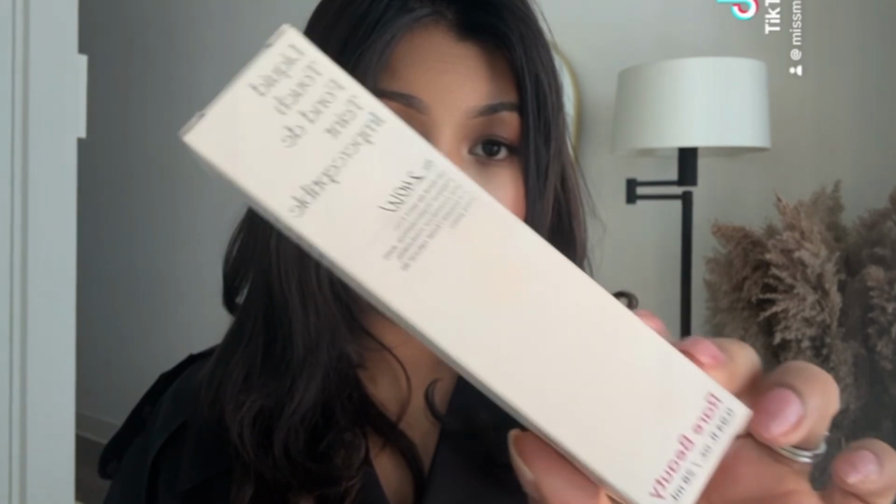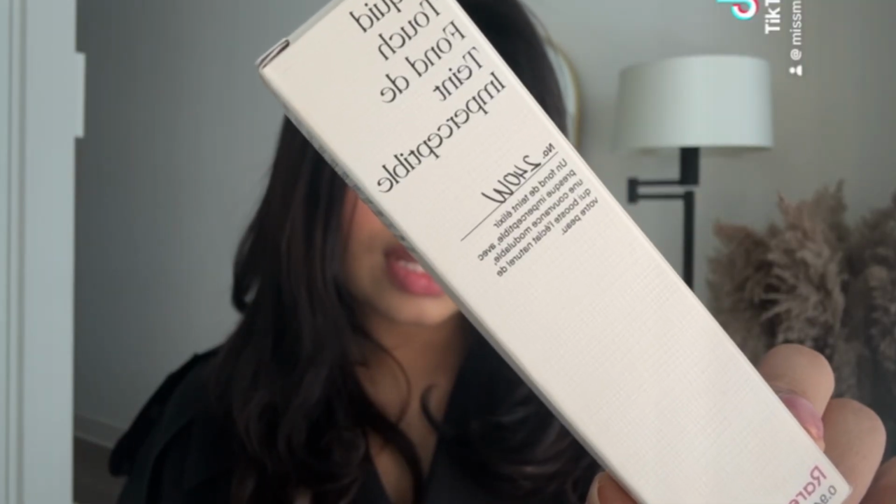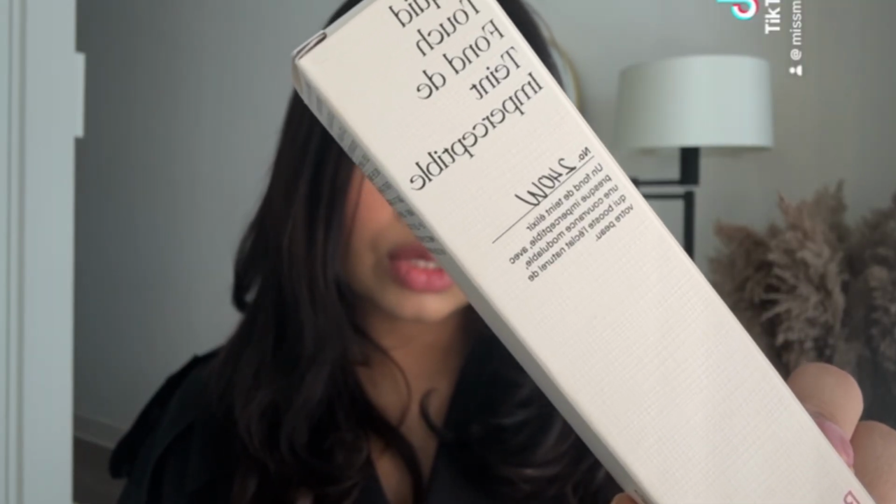Okay, so now it's time to get started with the stuff I got from the Sephora sale. Starting with this foundation, which I already own, but my current bottle is almost less than half. This is Liquid Touch Foundation by Rare Beauty. This is the darker shade, so I always mix one shade darker and one shade lighter than my skin tone. The dark one is almost over, so I got another one. This is 240W,